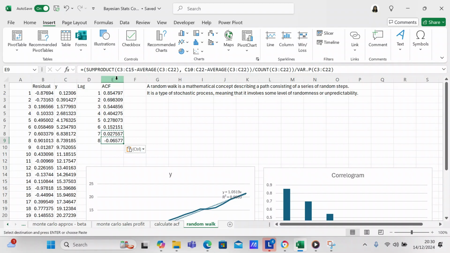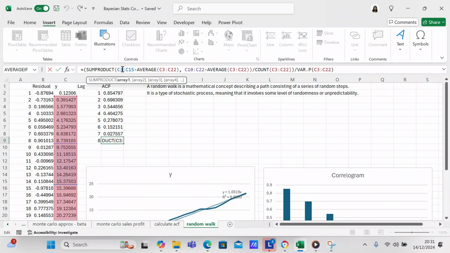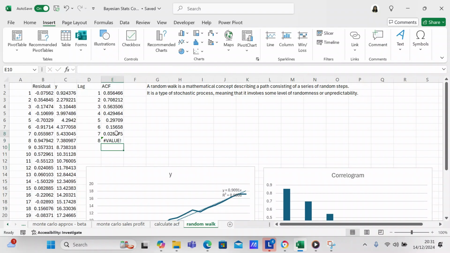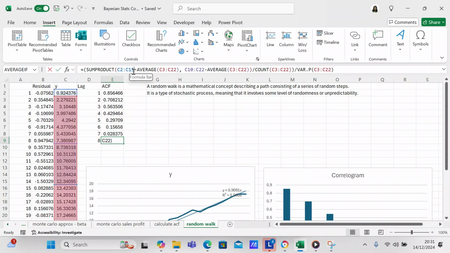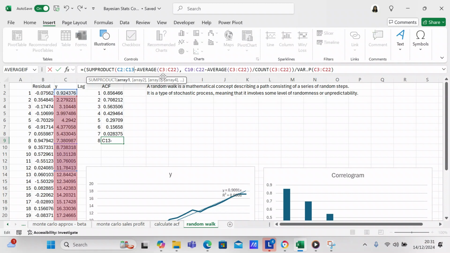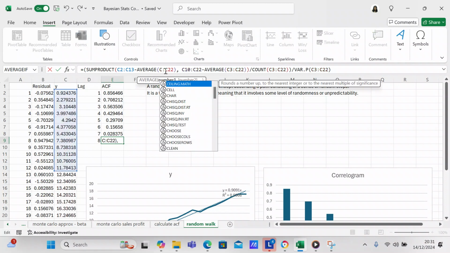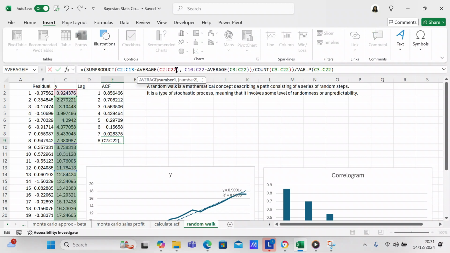So this is your lag 8, so it's going to be C2, and then 21 minus 8 is going to be 13, but we'll see what we get there. $13. 21. And then we'll say